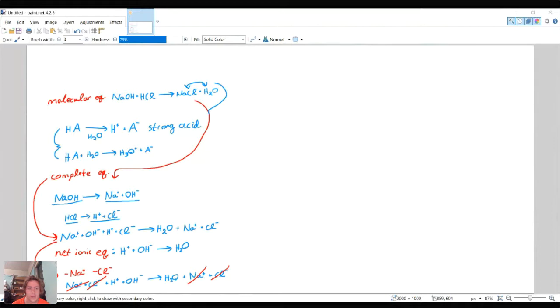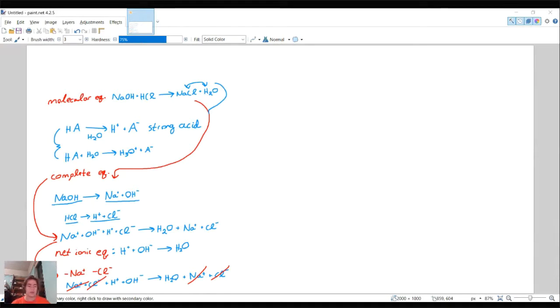That's just how a net ionic equation is defined. The net is indicating summation or subtraction. So we have the molecular equation up there, right? And when you go from the molecular equation to the complete equation, we're splitting up the compounds that are soluble into their ions. It becomes a net ionic equation when the similar terms on both sides are canceled.